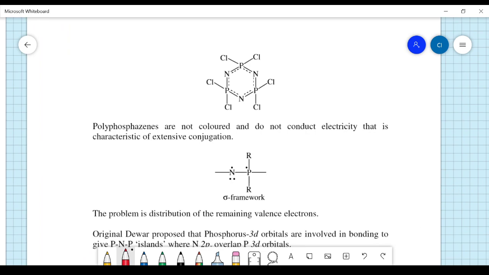So here is the very important part of your syllabus. (NPCl2)3, the polyphosphazene, is given there. This is the structure of the polyphosphazene. They are not coloured and do not conduct electricity. That is a characteristic of extensive conjugation. So here you have the sigma framework. The problem is the distribution of the